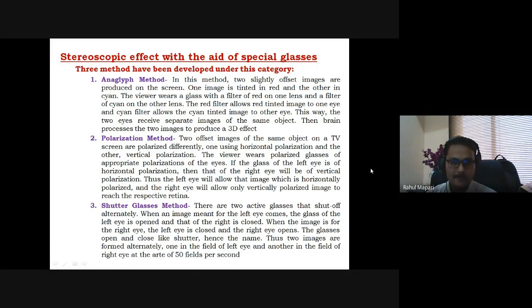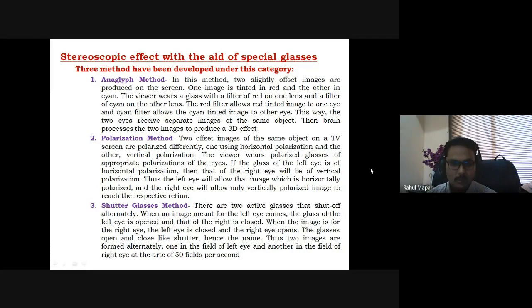When an image meant for the left eye comes, the glass of the left eye is open and that of the right eye is closed. When the image is for the right eye, the left eye is closed and the right eye is open. That process takes place automatically.